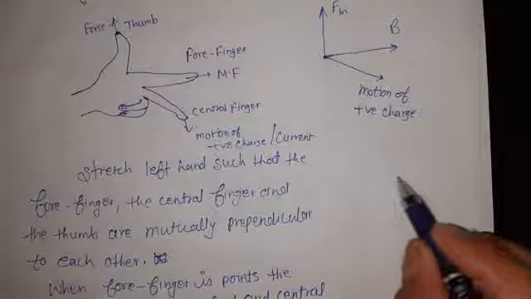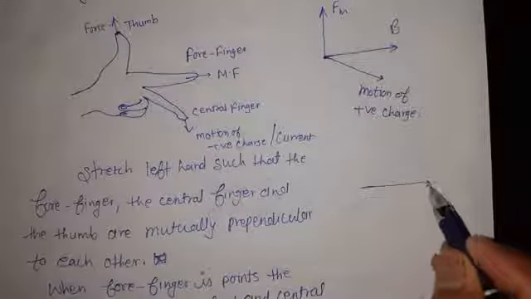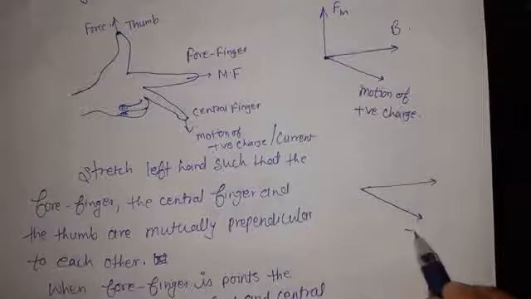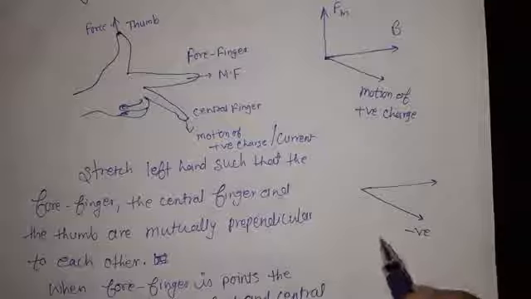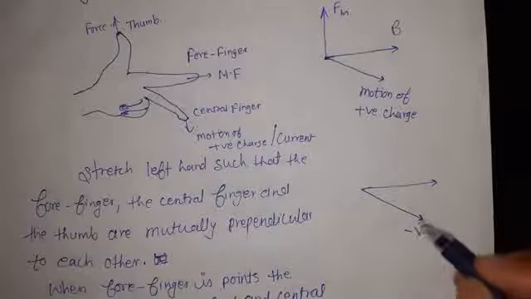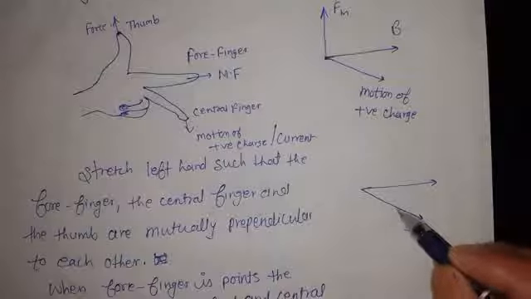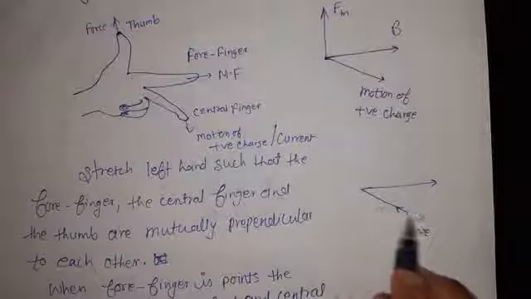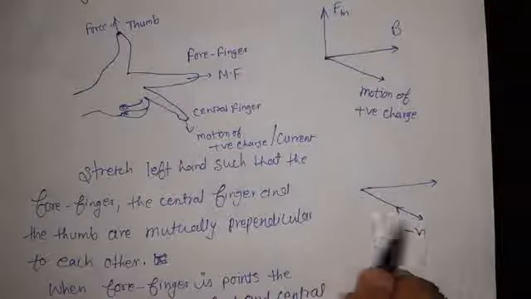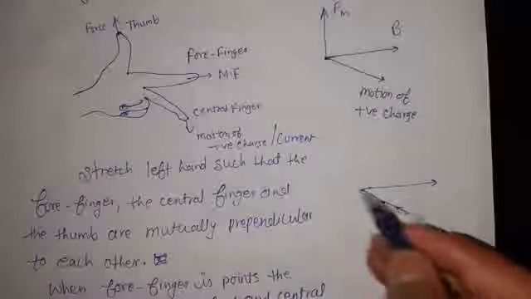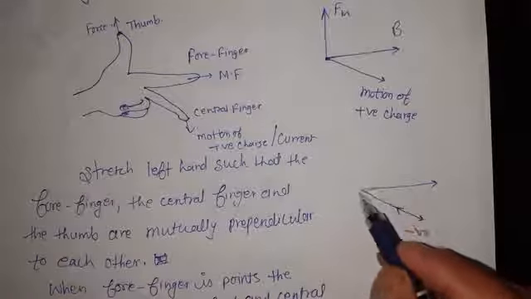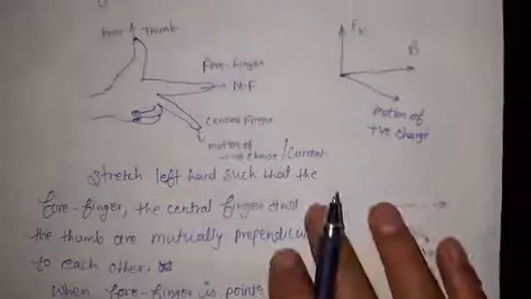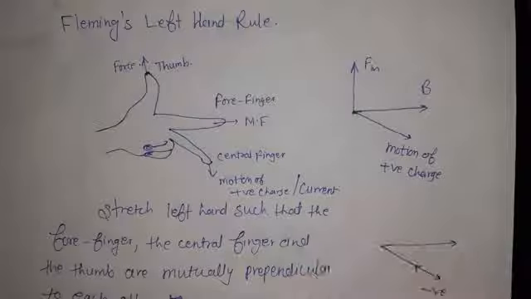Now look over here. If this magnetic field is in this way and we have over here the motion of the negative charge, so what will be the direction of the current? Then the direction of current will be opposite to this one. तो करंट की डायरेक्शन क्या हो जाएगी, इसके अपोजिट हो जाएगी. ठीक है, so that means your fingertip should not be downward. आपकी फिंगर टिप क्या होनी चाहिए, अपवर्ड डायरेक्शन में आनी चाहिए. ठीक है, then you can determine this direction of the force. So thus we come to know over here how we find out the magnetic force direction.